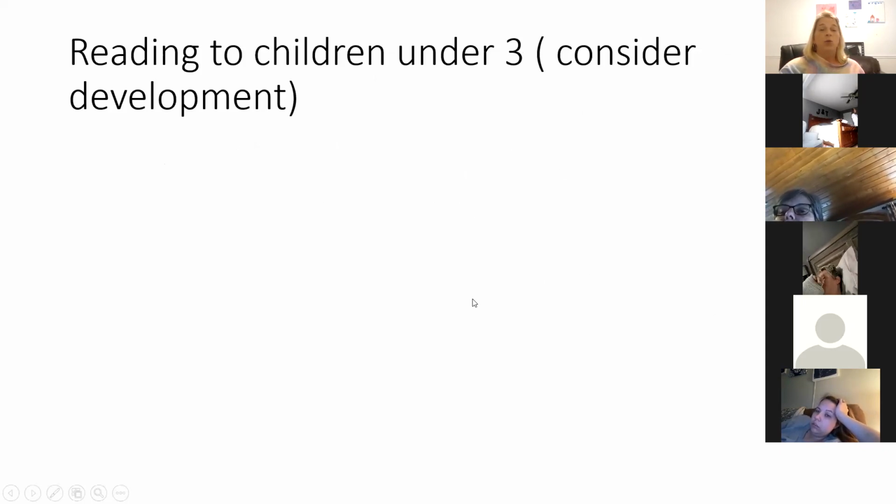All right, so let's switch topics to reading. This was a suggestion by some of the board, I think Melissa, that let's really focus on how to read to children. When we're considering children under 3, children until about the age of 3, of course, it's going to vary from child to child because we always look at developmental age rather than chronological. But children under the age of 3, they're just